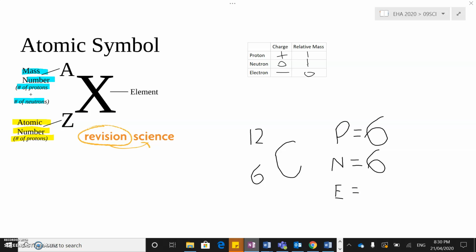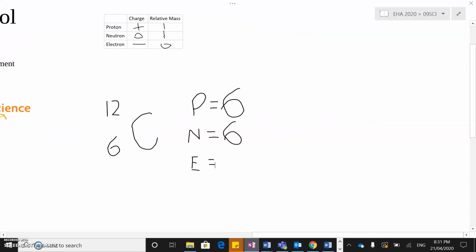our electron. So at the moment, we're working with a neutrally charged carbon, and at this level of our science in grade 9, we're not talking about ions just as yet. So I need to figure out how many electrons do I need to counteract that positive charge of 6. If I've got plus 6, and I want to get to a neutral charge of 0, how many negatives do I need? So if I've got 6 protons,